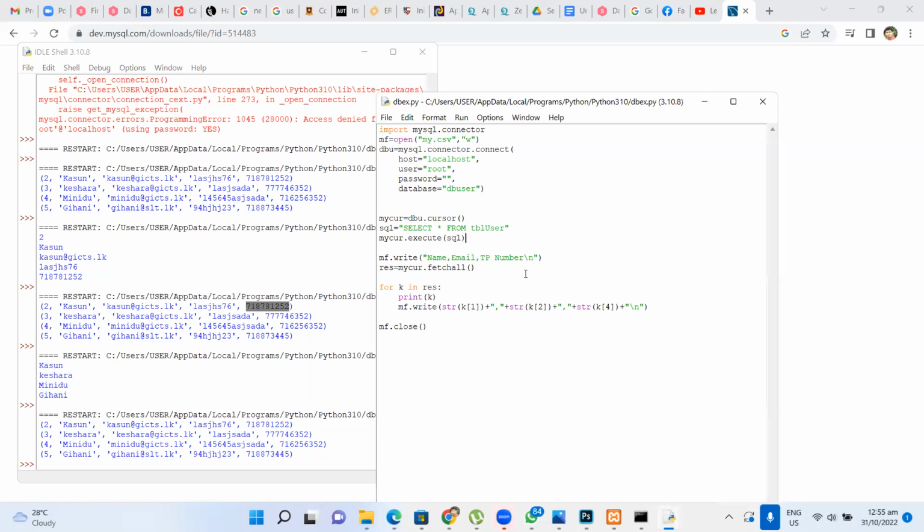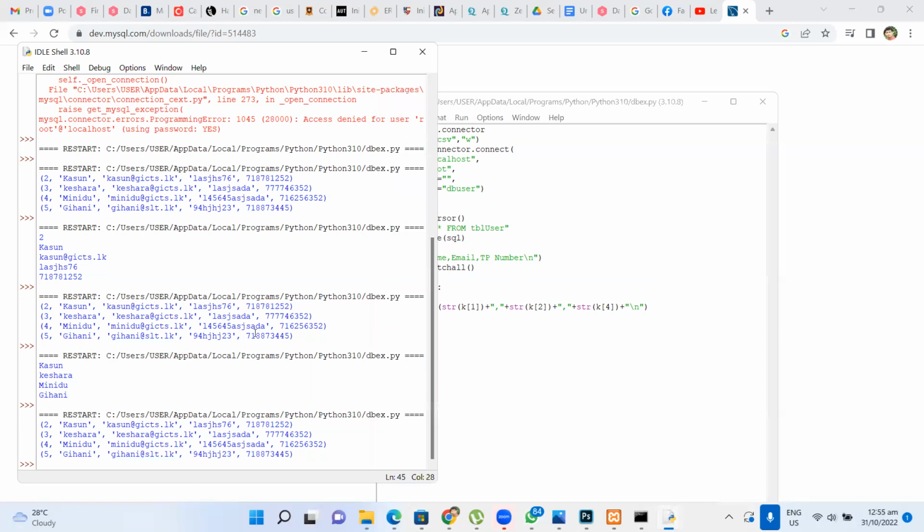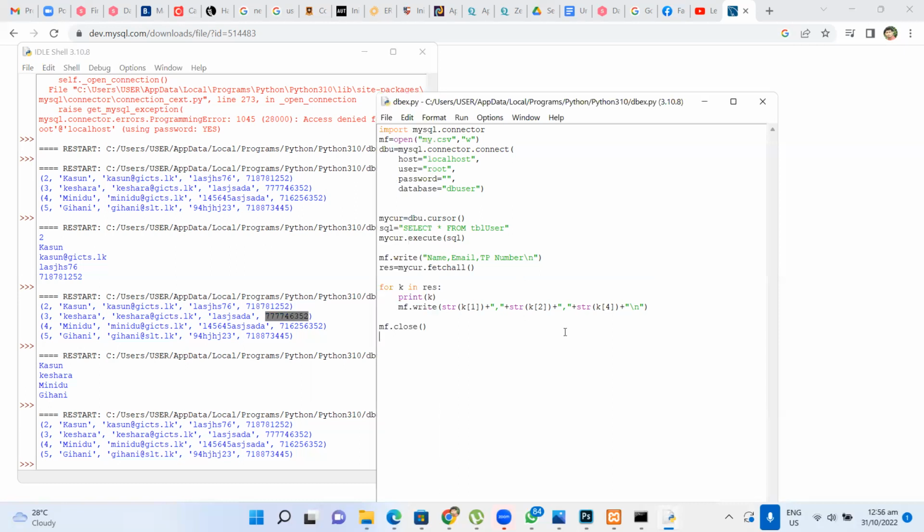In the update query, you have to find data, right? First of all, you have to find the data, then update it. We just discussed that last day also. Then the delete query, existing data, you have to find it first and then delete. Try to develop a program supporting that. Actually, that will be